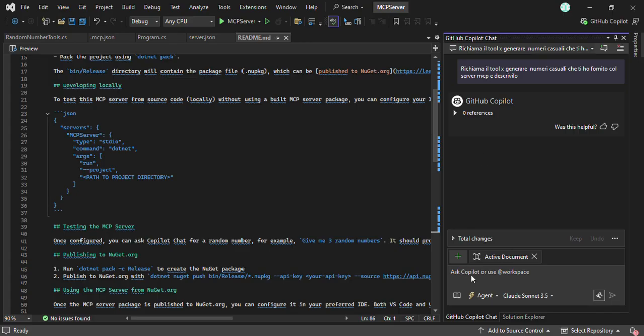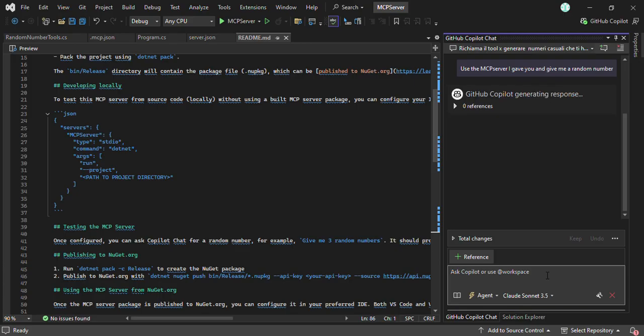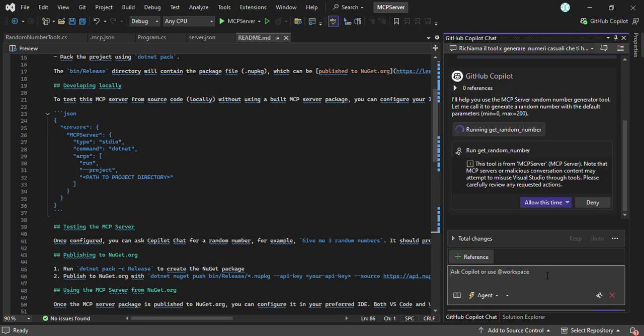So if I say, use the MCP server I gave you and give me a random number. Keep in mind this is not perfect. It's very important to choose a pretty powerful